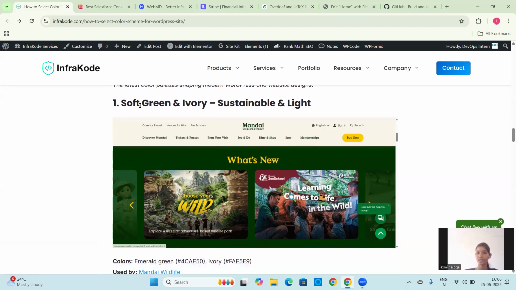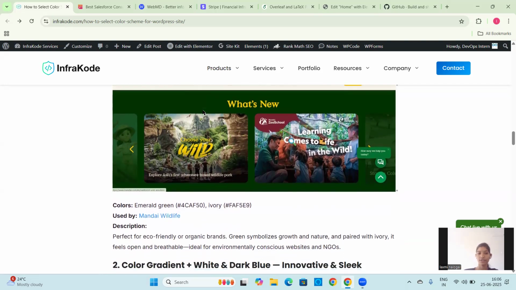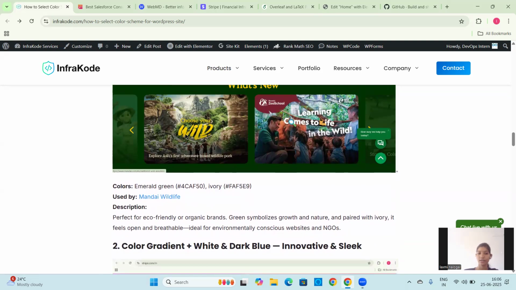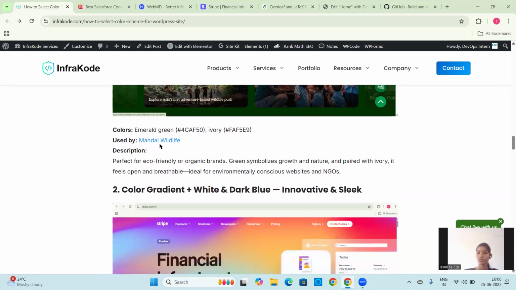You can see this soft green and ivory color combination used by this site, which is a wildlife site. It is perfect for eco-friendly or organic brands. Green symbolizes growth and nature, and it is paired with ivory, so it feels open and breathable. It is ideal for environmentally conscious websites and NGOs.